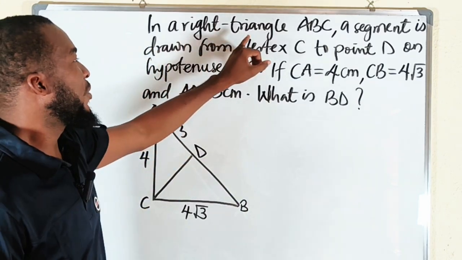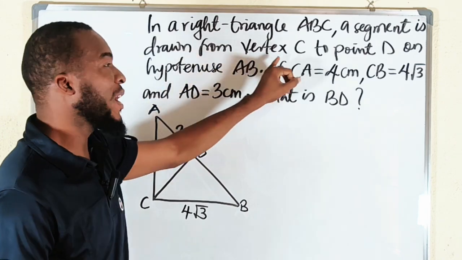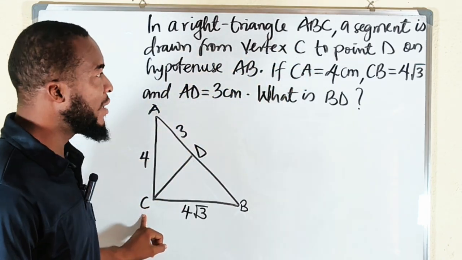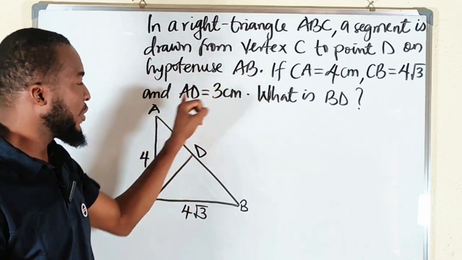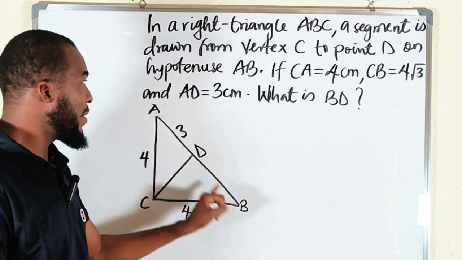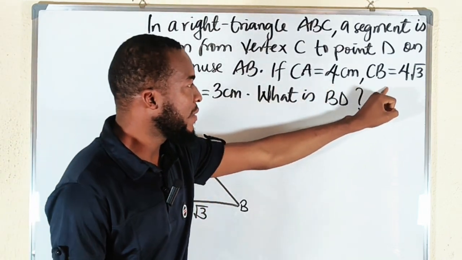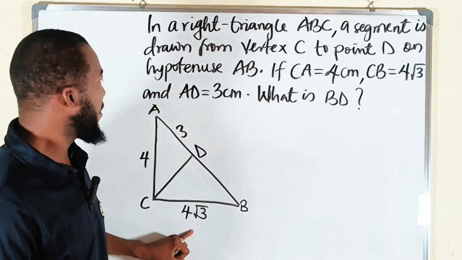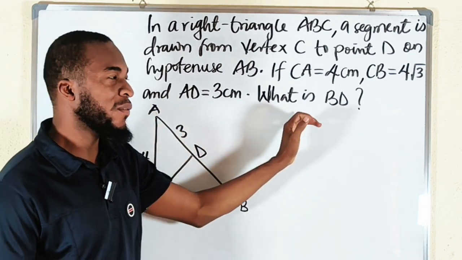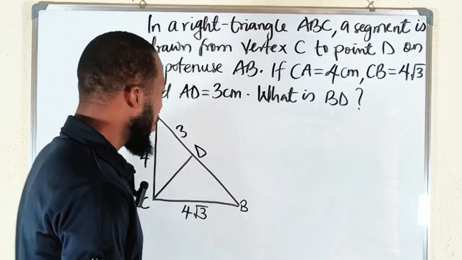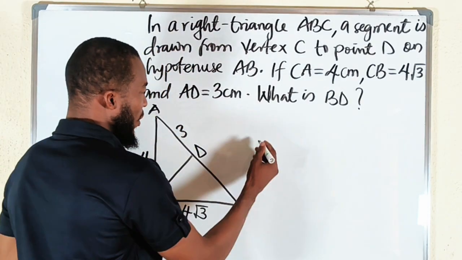In a right triangle ABC, a segment is drawn from the vertex C to a point D on the hypotenuse AB. If CA is 4 cm, CB is 4√3 cm, and AD is 3 cm, then what is the value of BD? All right, let us apply Pythagoras theorem, which states that the hypotenuse squared, that is AB